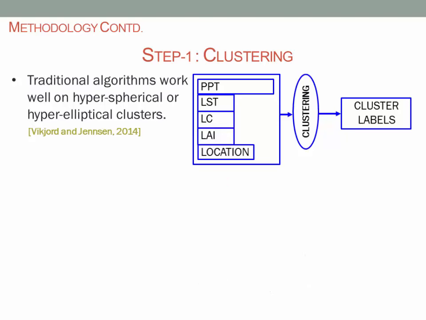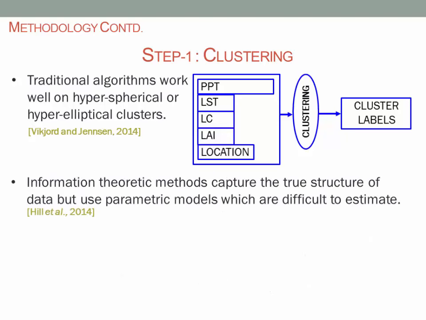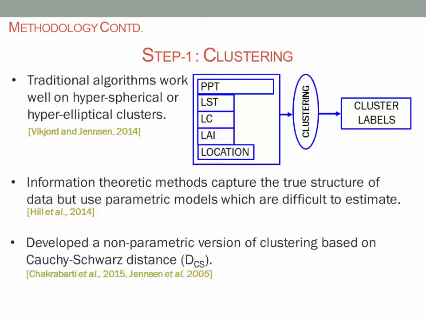We can use more sophisticated information theoretic methods, but even information theoretic methods work on parametric models, which assume a shape a priori and then cluster based on that shape. For example, Gaussian mixture models might assume a Gaussian distribution of the clusters. But we did not want to make any assumption about the shape of our clusters. So what we did was develop a non-parametric version of information theoretic clustering and used the Cauchy-Schwarz divergence to